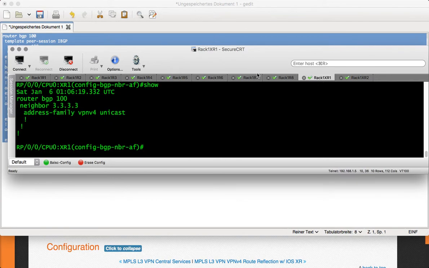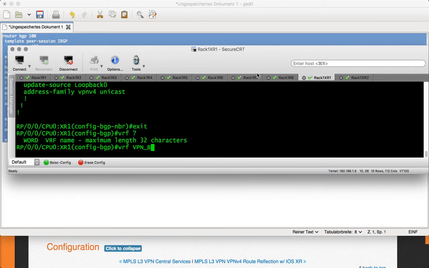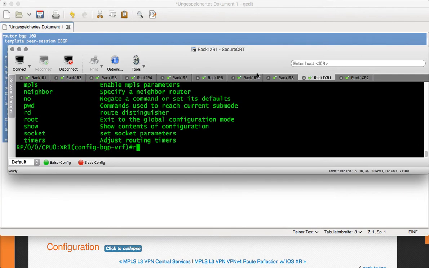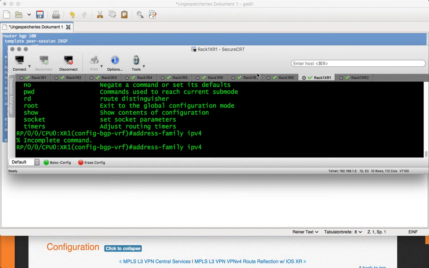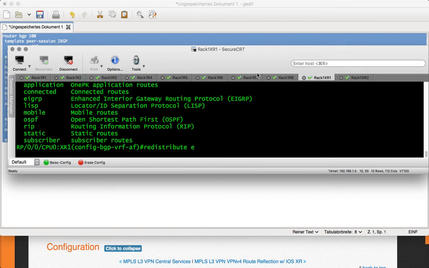So this is what the configuration looks like so far. And then the next thing we're going to have to do is get out of the neighbor, and go to VRF VPNB. We're going to have to specify the route distinguisher here, which is 100:2. And then we're going to activate the address family IPv4 unicast. And then inside of that, I think we do the redistribute EIGRP